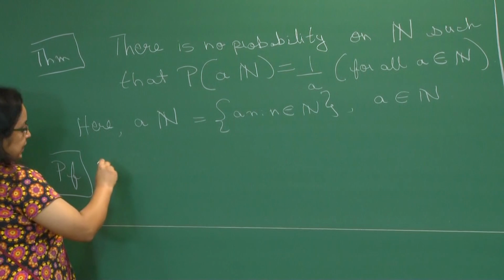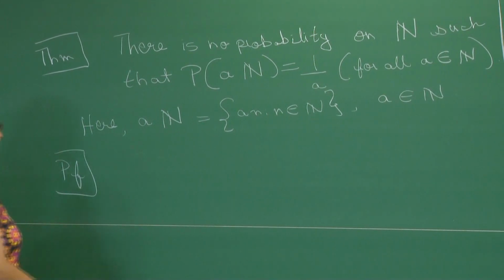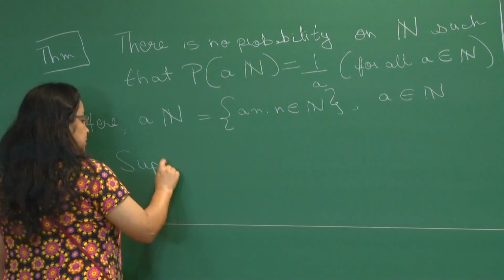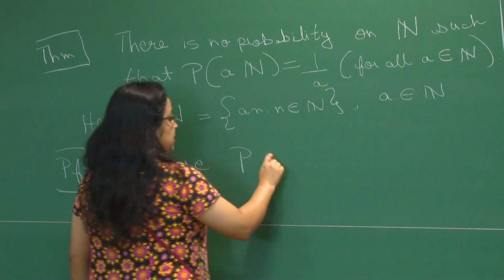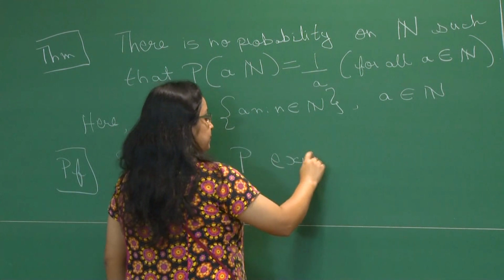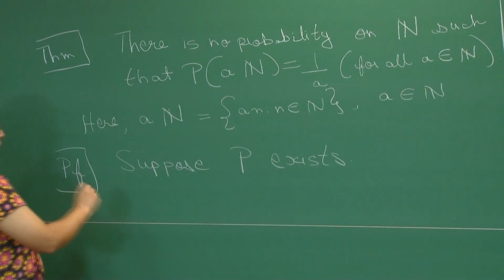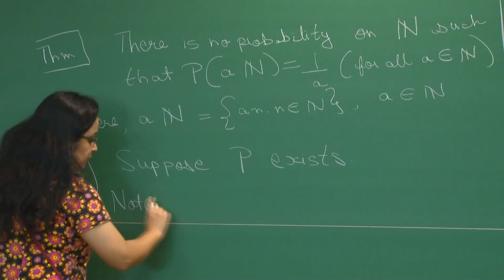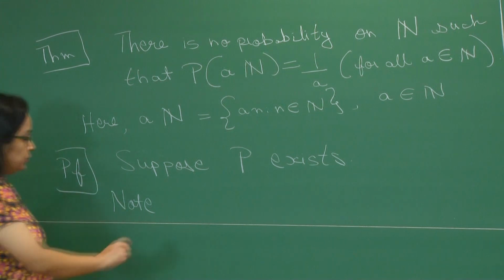So, let us say such a probability exists. Let us prove this by contradiction. So, suppose P exists. Now, note, this observation has nothing to do with P existing. We just note that